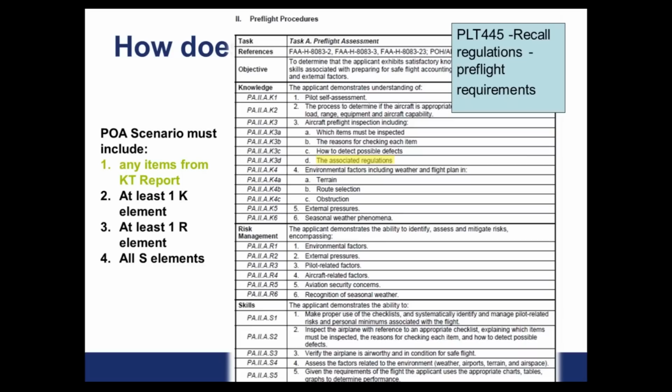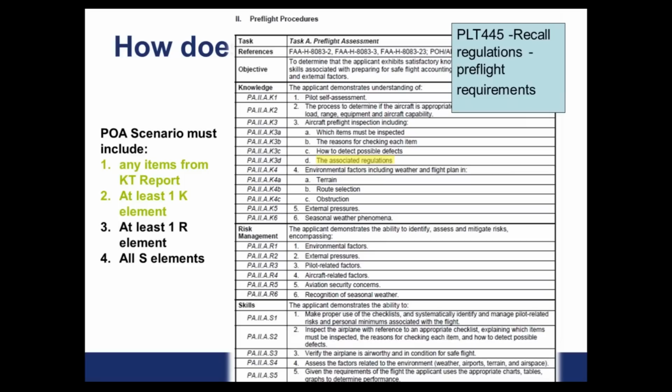The second rule is you have to have at least one knowledge element, at least one K element. Well, honestly, I already have a K element, don't I? I picked it up based on the knowledge test report. I could, as the examiner, select another one or several more. It's up to me. But in this case, I could also call that rule satisfied. I don't have to add another one if I don't want to. So I've got my one knowledge element minimum satisfied.